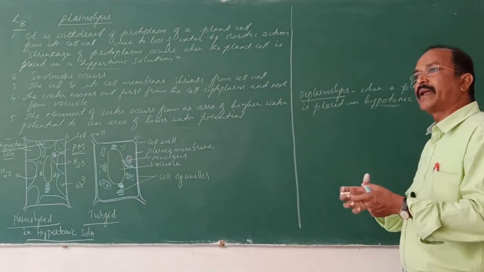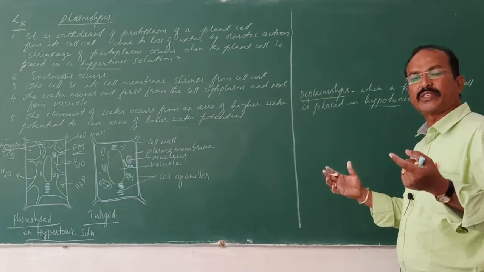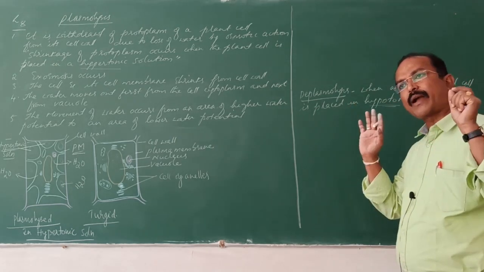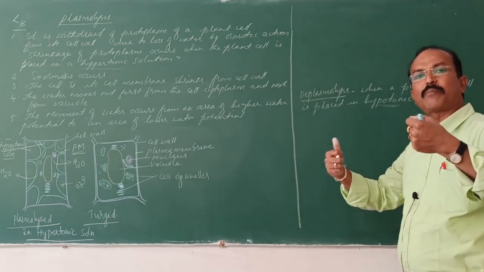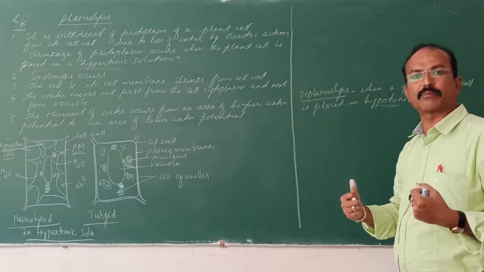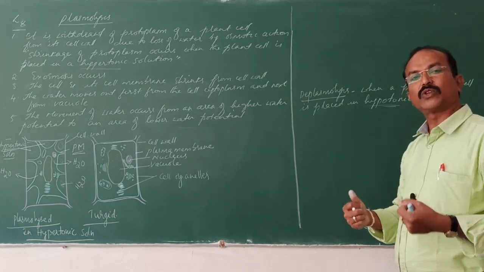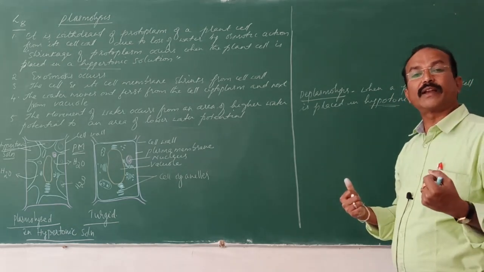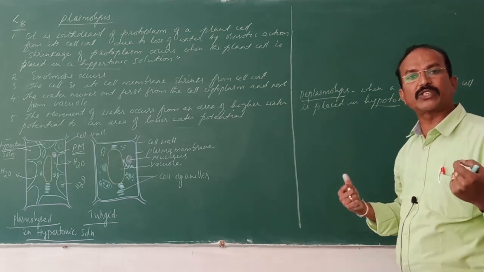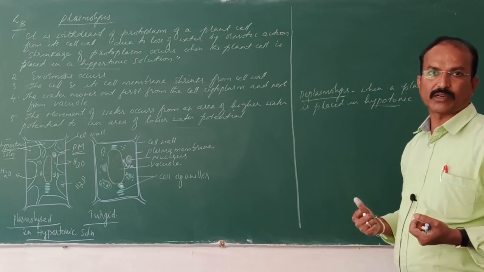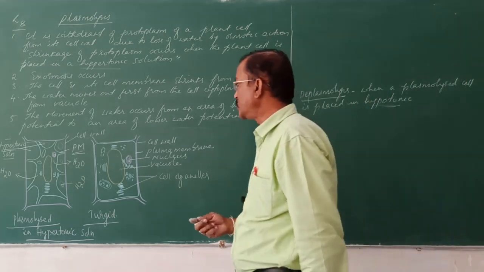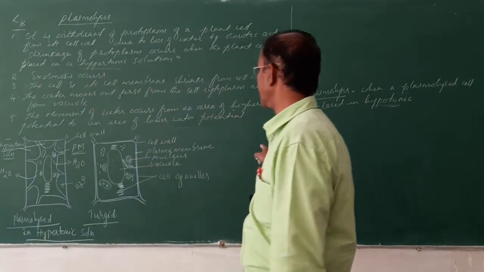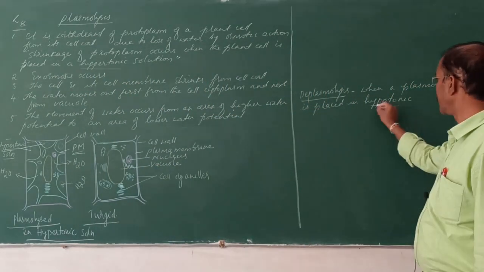Now the plasma membrane starts stretching and it presses against the cell wall. So it gets compactly attached to the cell wall, and it builds up a pressure. That pressure is called the turgor pressure. Understand? So the cell becomes turgid now. There the pressure builds up on the cell wall. That pressure is called what? Turgor pressure. So the pressure potential increases. Turgor pressure increases.